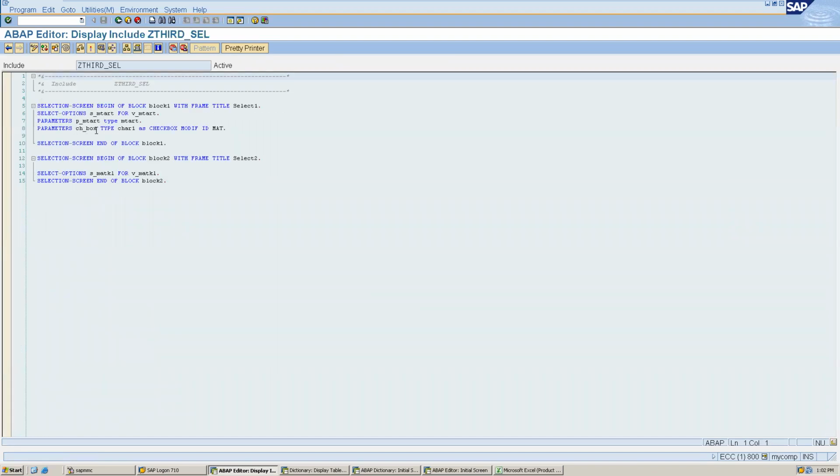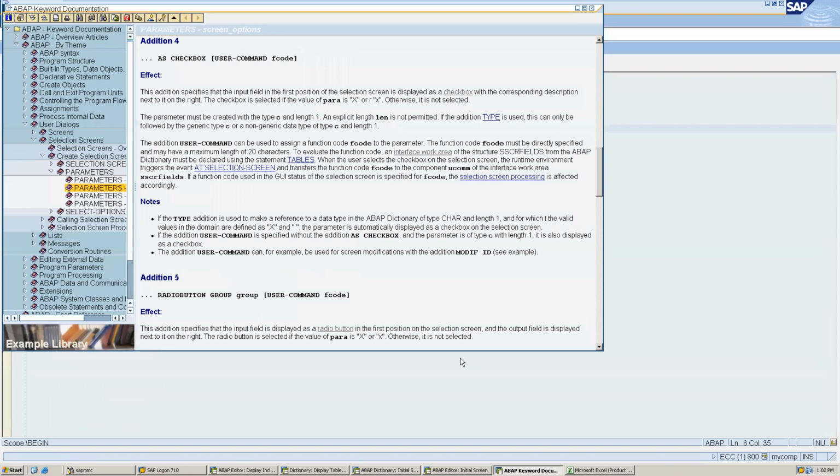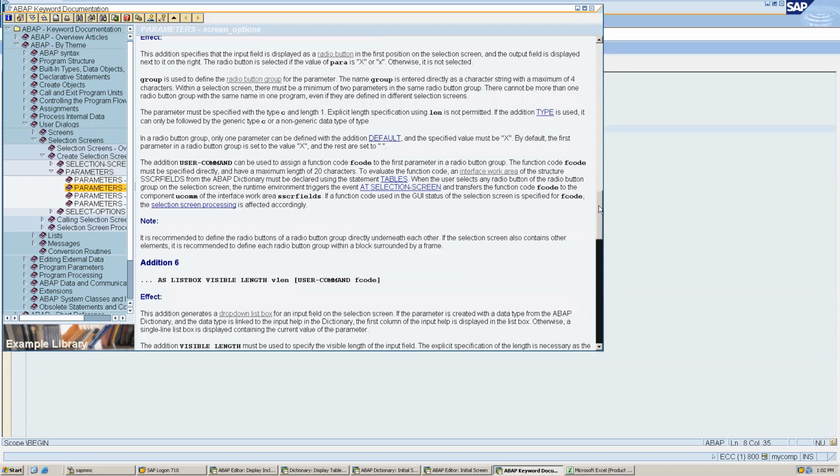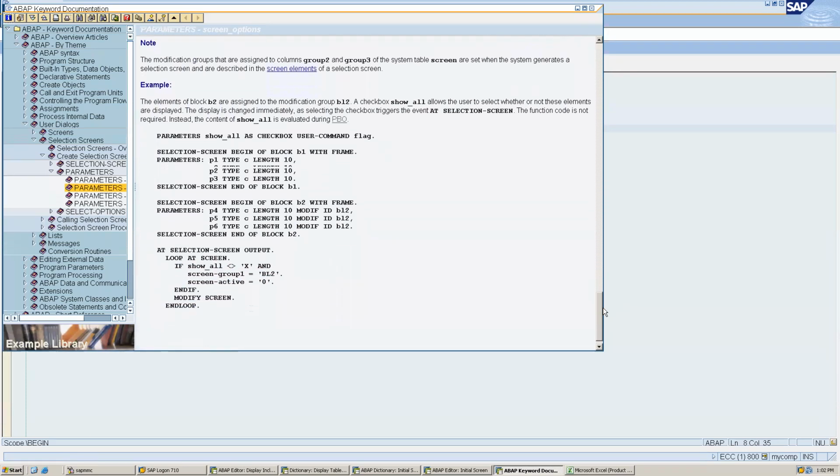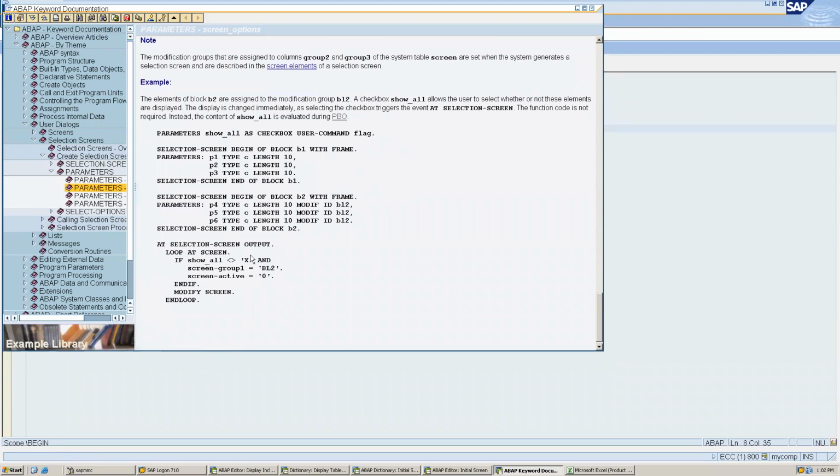So we can see what all options we have. Function F1. Okay, so we have to give a user command for this. In this screen we can see the modify ID is checkbox.